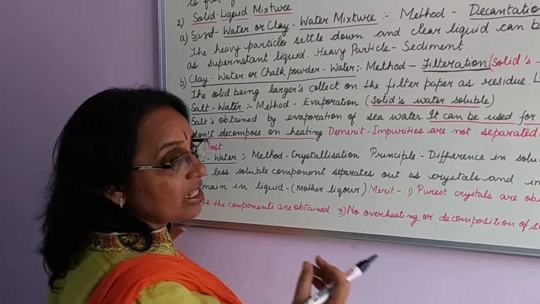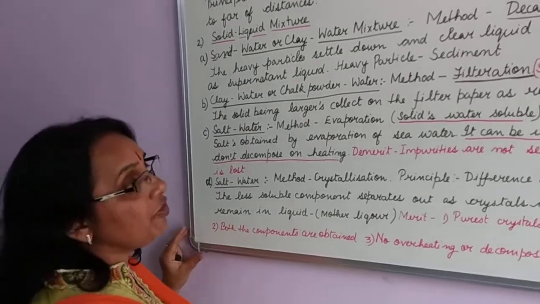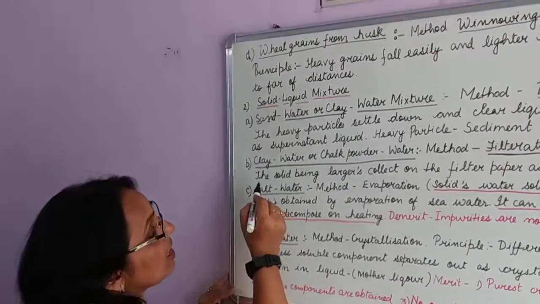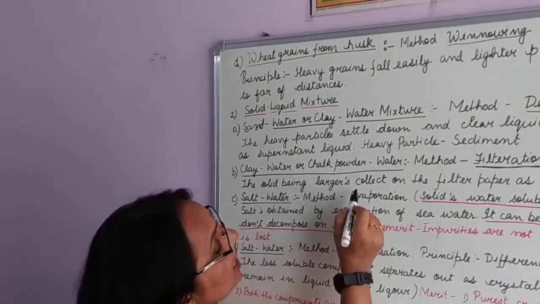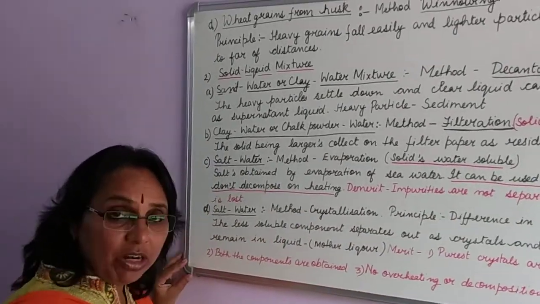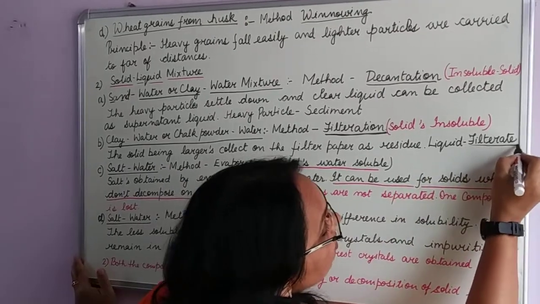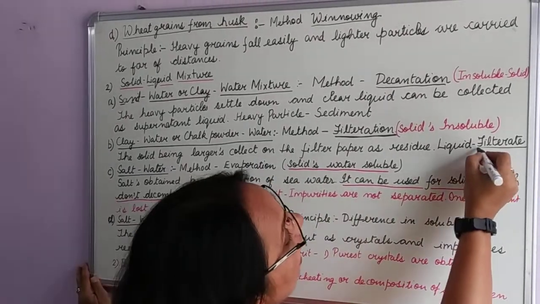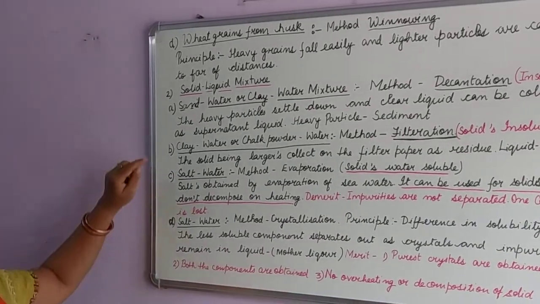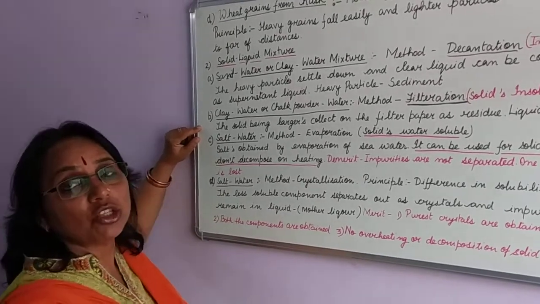The conical flask is then kept on the test tube where the mixture is poured on the filter paper. The filter paper has very fine pores, and the solid being larger in size gets collected on the filter paper as residue, and the liquid which is collected in the test tube is known as filtrate. The liquid that we collect is pure and clear, and doesn't have any of the solid particles. So the first two methods were for insoluble solids.